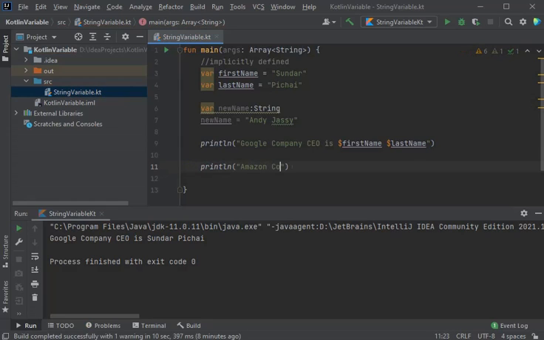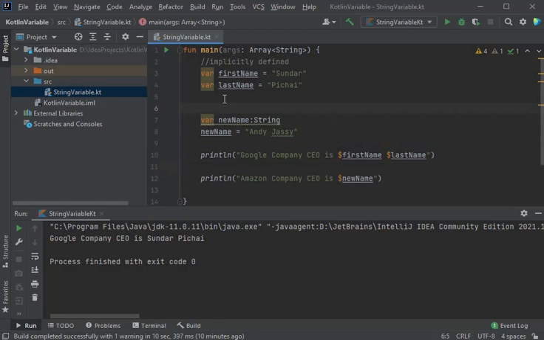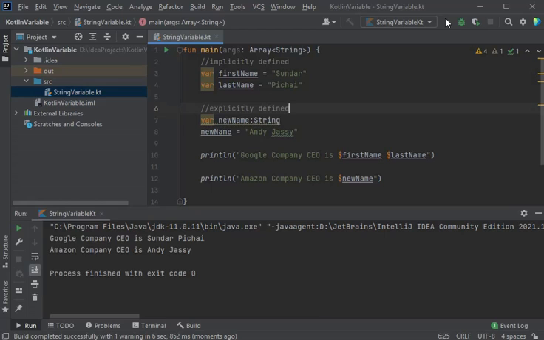Amazon company CEO is dollar and the variable name. And here in Kotlin we need not type a semicolon to tell the end of the statement. This is explicitly defined. Now let's run our code. Amazon company CEO is Andy Jassy.